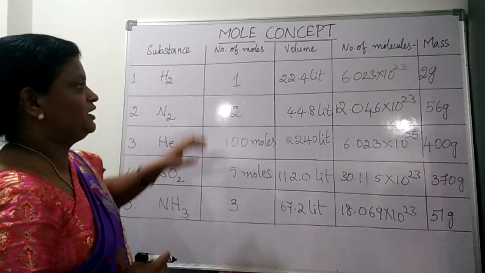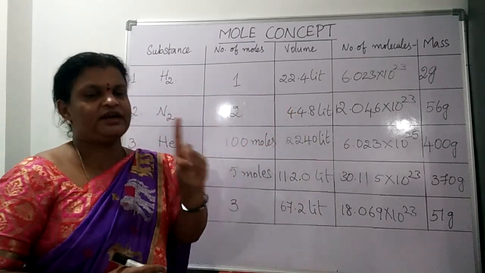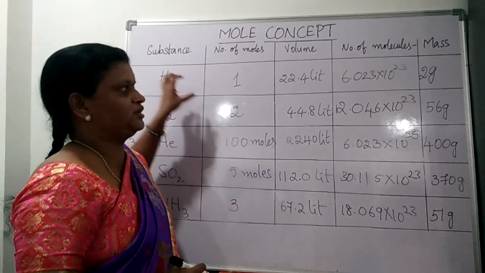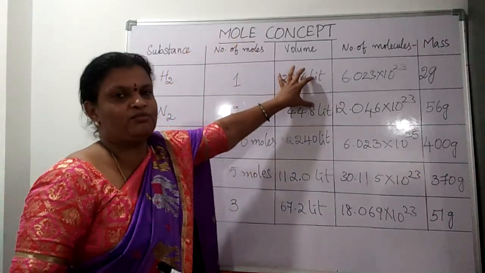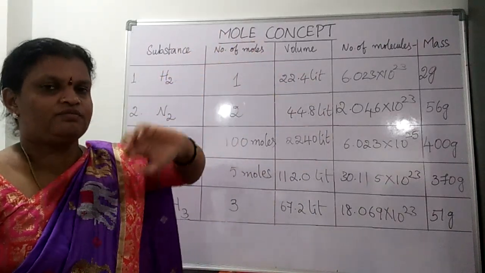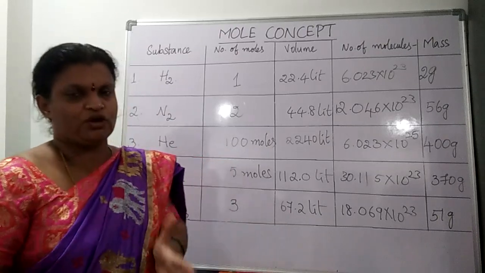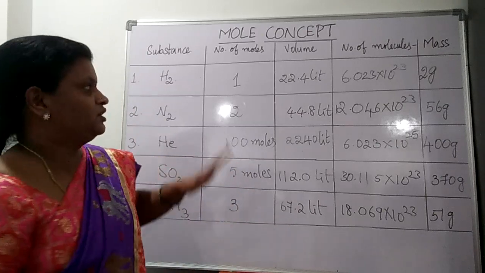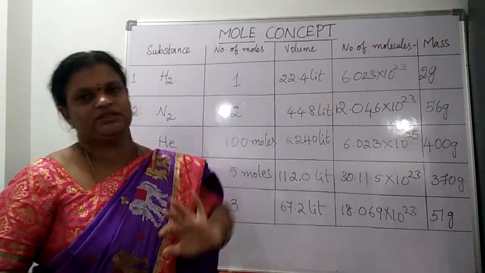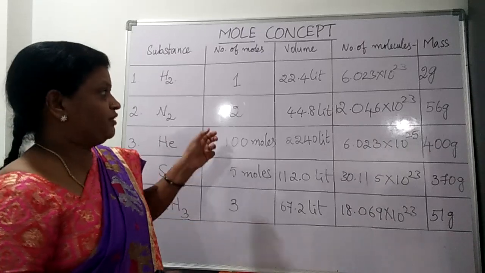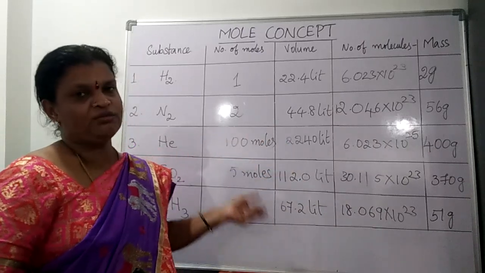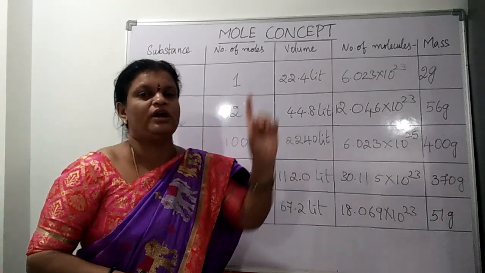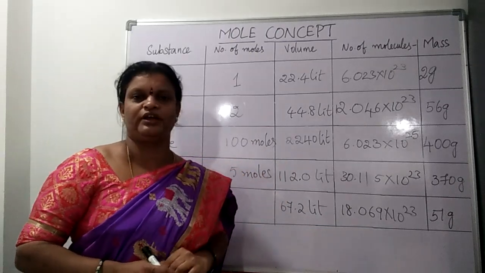Like this we can find out. If one detail is given, if one hint is given for us, remaining all we can find out very easily. If we are talking about the gases, we can write about the volume. But when we talk about solid and liquid, liquid means depending on the container in what we have taken, and solid means depending on the shape, again volume will change. Then we can write only number of moles, molecules and mass if you are talking about solids and liquids. But when we are talking about the gases, we can write about the volume in this manner. Number of moles, volume, number of molecules, mass. One detail is given, remaining all we can find out very easily.